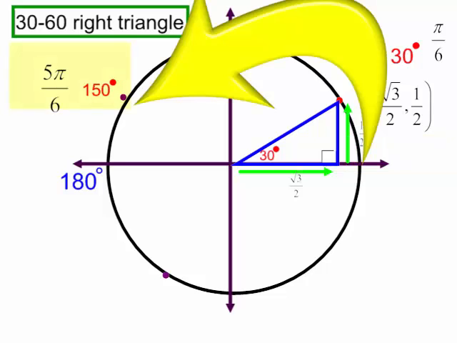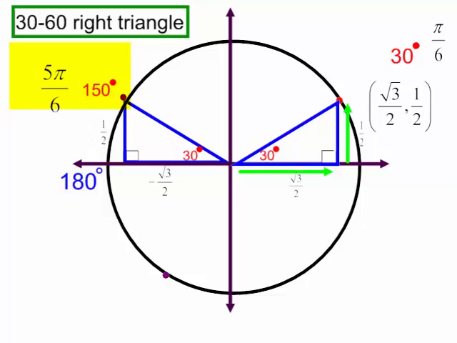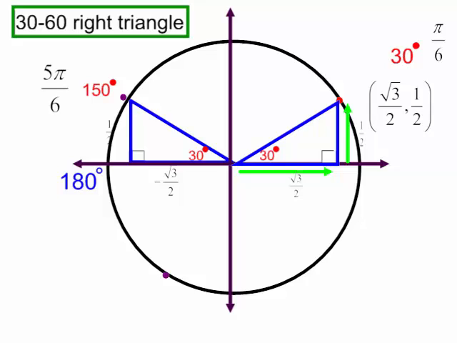What about 150 degrees? Well, I'm going to use a right triangle to help me. Now, 150 degrees is just 30 degrees before 180. So I do drop in a 30-degree right triangle. So this is the long side. Now, I know that distance is always positive, but the reason I have negative square root of 3 over 2,